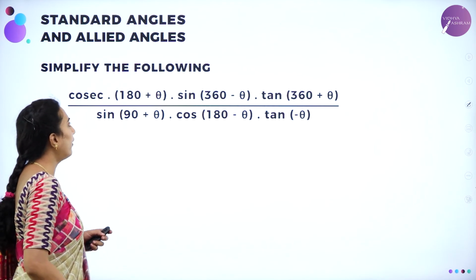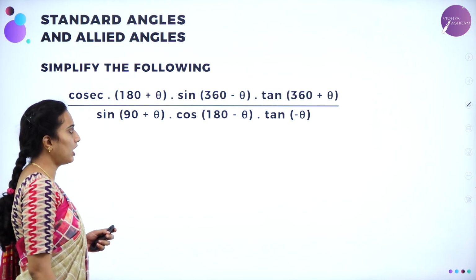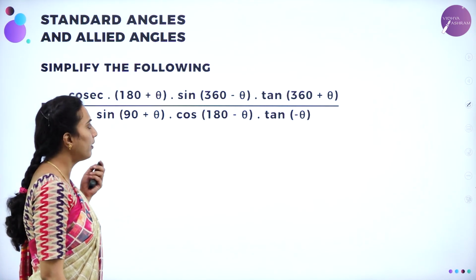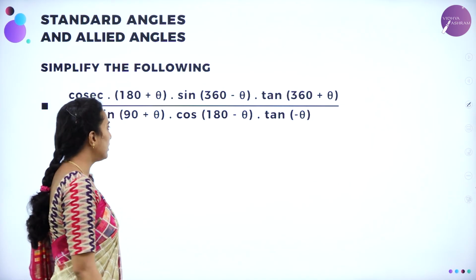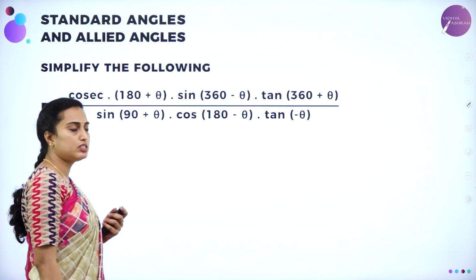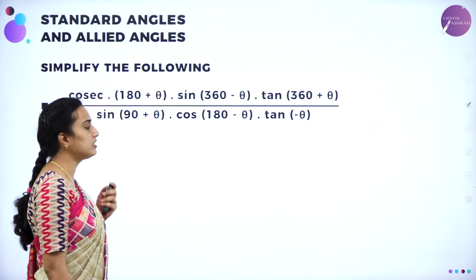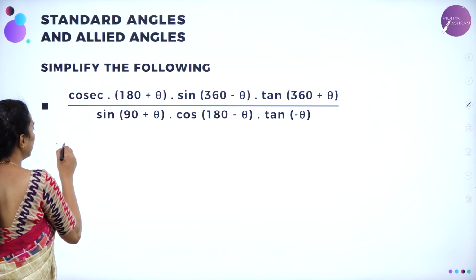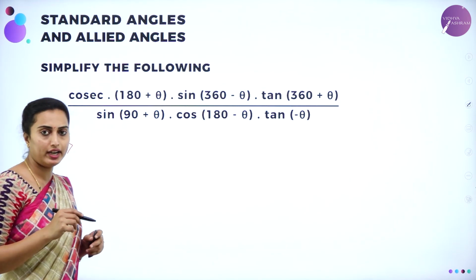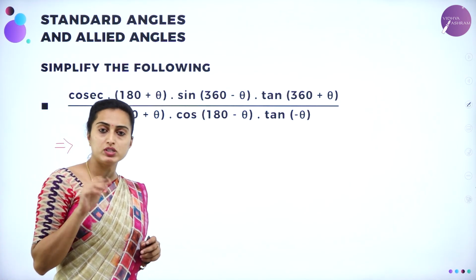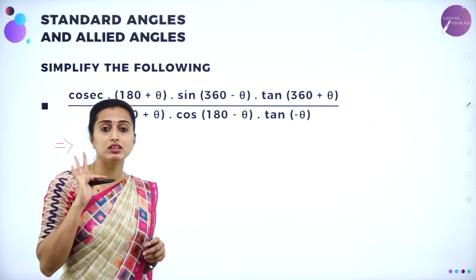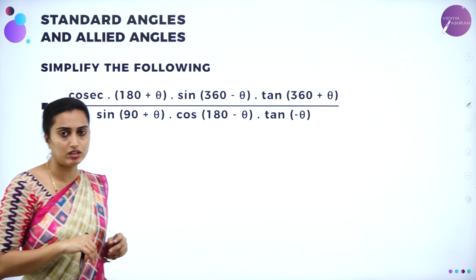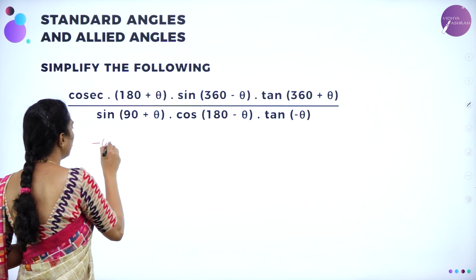What they have asked, simplify cosecant 180 plus theta, sin 360 minus theta, tan of 360 plus theta divided by sin 90 plus theta, cos 180 minus theta, tan of minus theta. Let me solve now the numerator here. Numerator is cosecant of 180. 180 cosecant will be cosecant only. 180 plus theta falls in the third quadrant. Cosecant is negative in the third quadrant. So minus cosecant theta